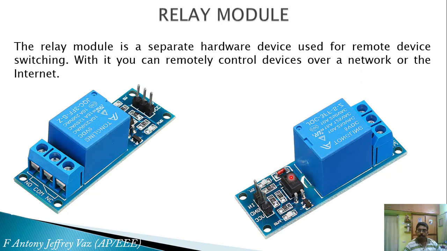To run the driver circuit you need to supply VCC and ground. These are the supply pins to the driver circuit, and to excite the coil you have to supply the IN pin, the input pin, with a high signal. To de-excite the coil you should give a low signal, that is, remove the excitation, that's all. VCC is just 5 volt and ground is 0 volt, and high represents 5 volt.